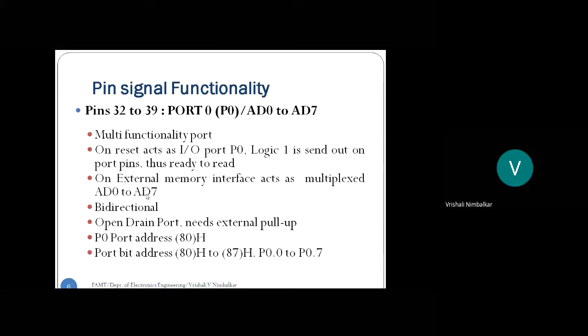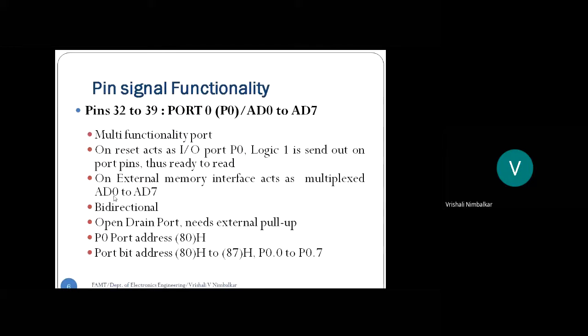This is called multiplexing. Okay, this combination of AD0 to AD7 is called time multiplexing, to be very specific. For a certain time duration, those lines will behave as address lines, and for the later time duration, the same lines automatically start behaving as data lines. So AD0 to AD7 are called multiplexed address and data lines. Correct? And now port 0 is purely bidirectional. Bidirectional means you can read as well as write without doing any initializations. Right? And when does it act as a bidirectional port?